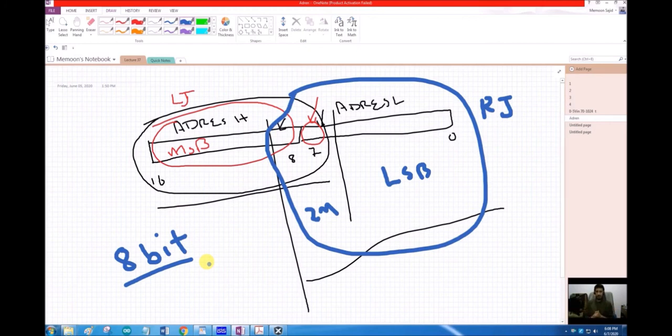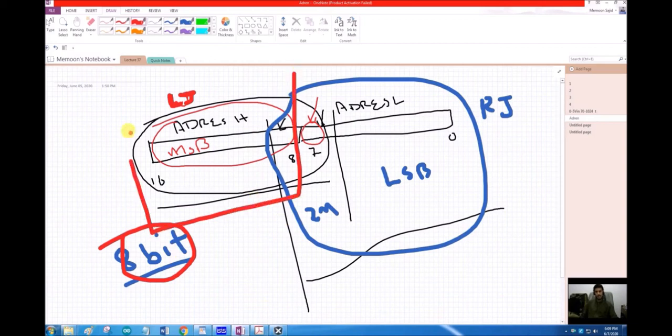Obviously, we want to use the most significant data. We can ignore the least significant bits. So the left justified configuration suits us if we want to configure our ADC in an 8-bit mode. So what we will do is just set this ADC in the left justified mode, and we will just ignore these 2 LSBs. Even if there is some error, we don't care, we are not bothered about that.